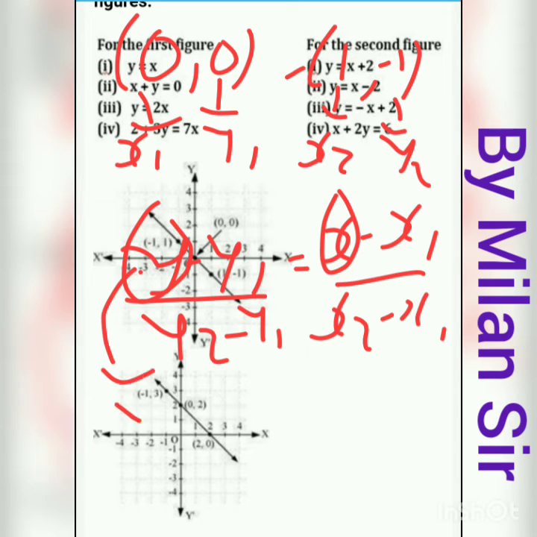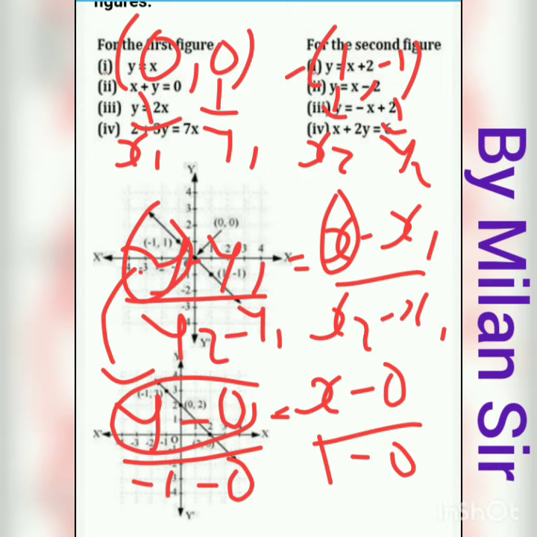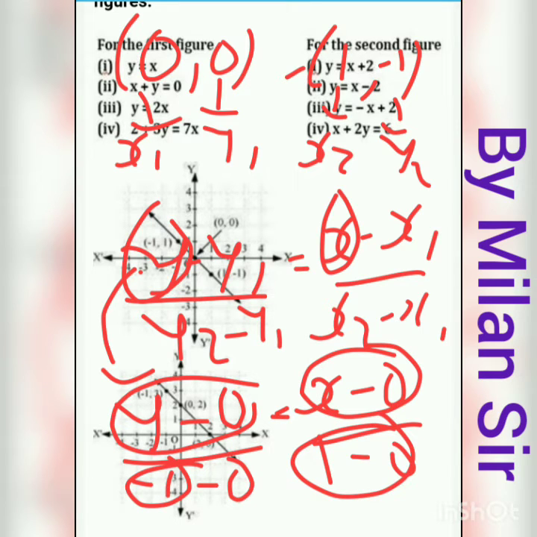Okay, so here y minus y1, it is 0; y2 it is 1, sorry, minus 1, minus y1 it's a 0. Okay, is equals to x minus x1. So first of all x as it is, minus x1, x1 it is 0, then x2 it is 1, minus x1 it is 0. So alternately what we have here, y upon minus 1. Minus 1 minus 0 it's a minus 1 only, so y upon minus 1, and here x minus 0 it's a x, and 1 minus 0 it's a 1.